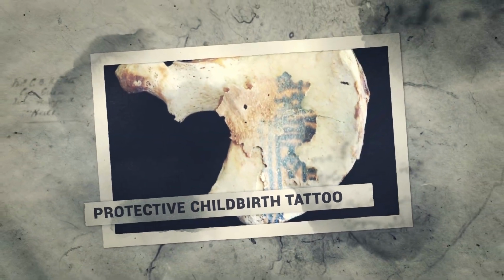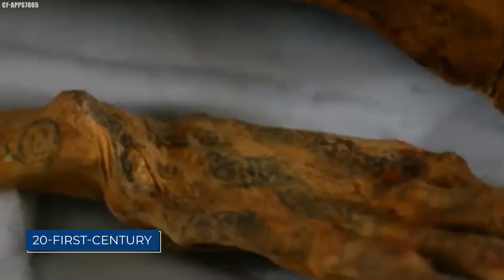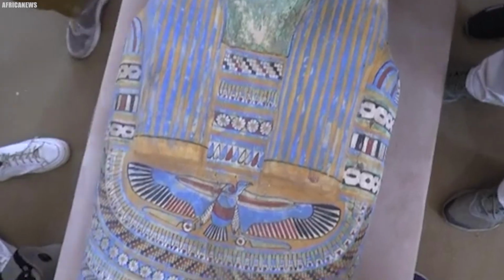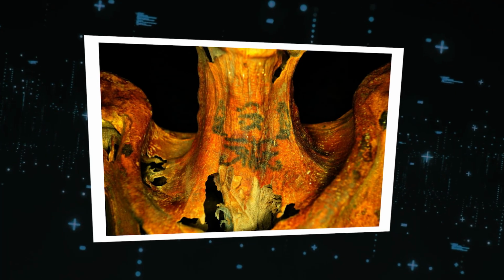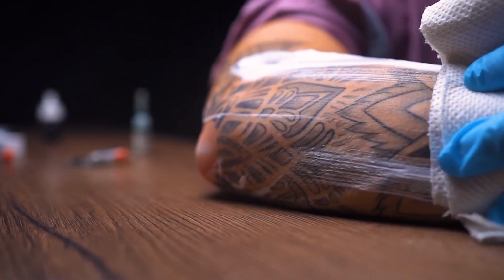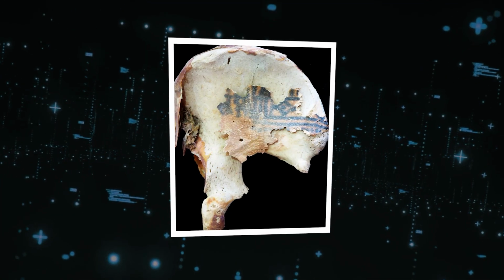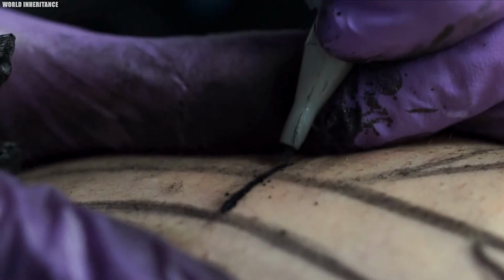Protective childbirth tattoo. If you thought lower back tattoos were one of the 21st century trends, just trash it immediately. This new archaeological evidence from Egyptian mummies shows the practice is actually more than 3 millennia old. The only difference is not really for fashion. These mummies were discovered in 2019 at the New Kingdom site of Deir el-Medina, which lies on the western bank of the Nile, across from the archaeological site of Luxor. The tattoos found on them are said to likely connect with the ancient Egyptian god Bes, who protected women and